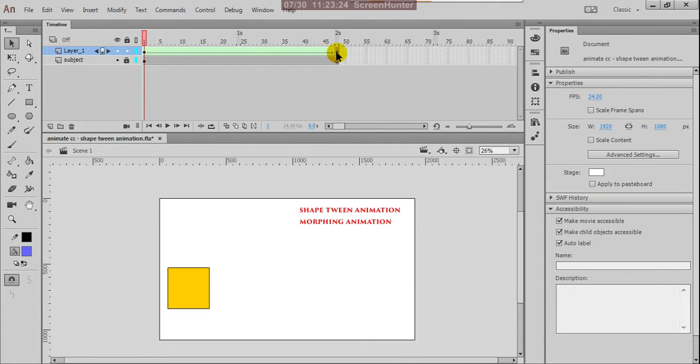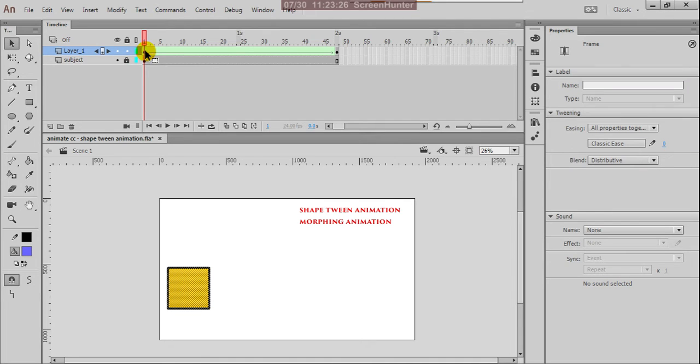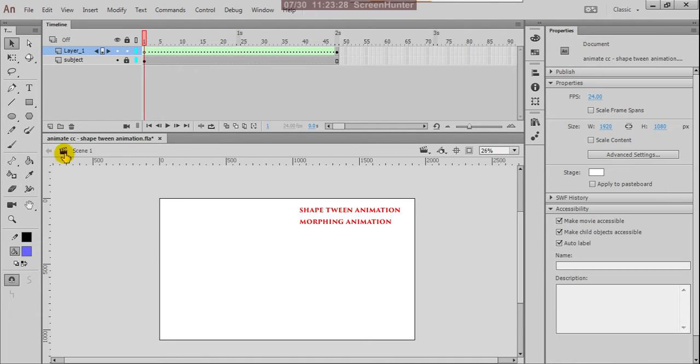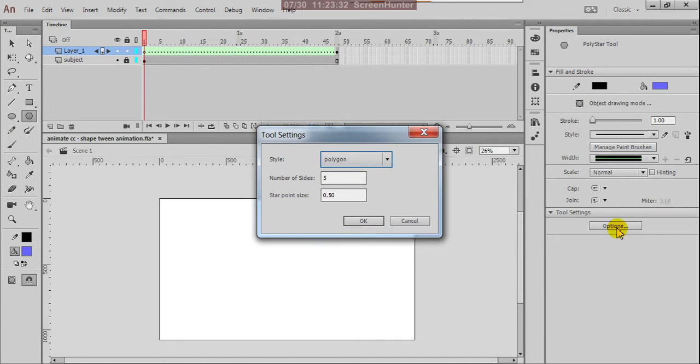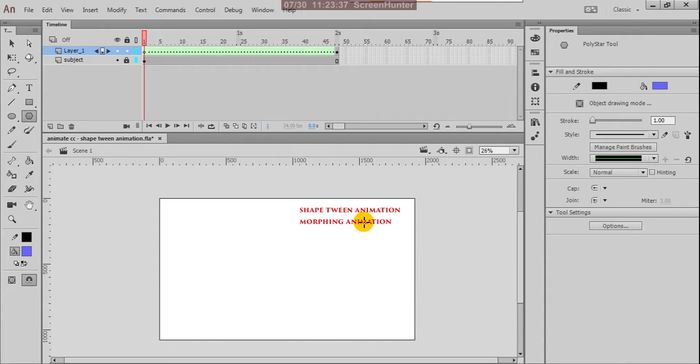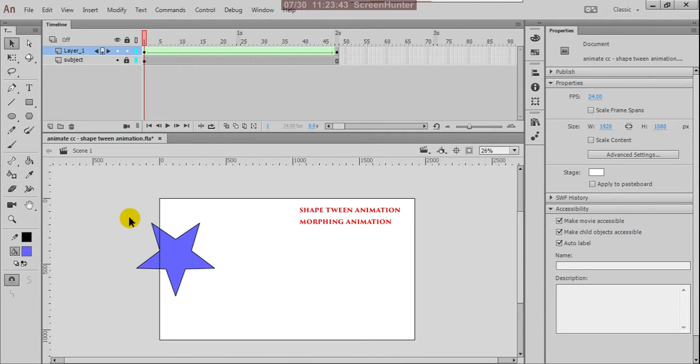Here you can change to any shape. Suppose I'm using a star. Okay, this is a star.